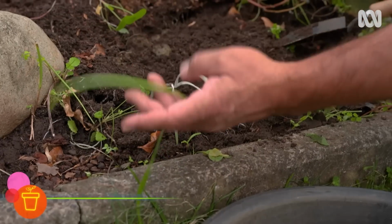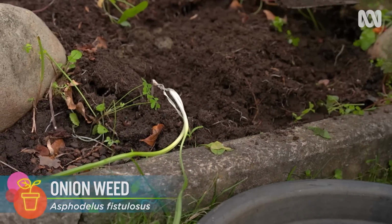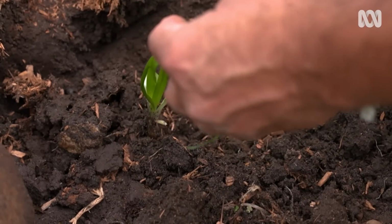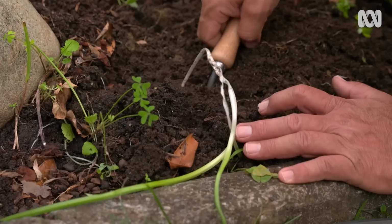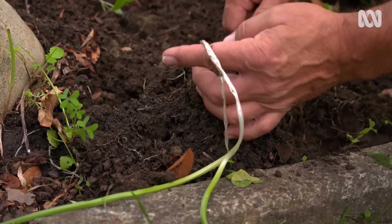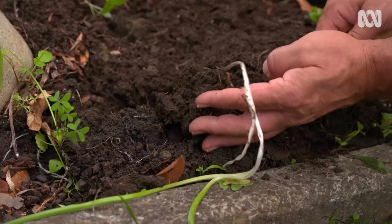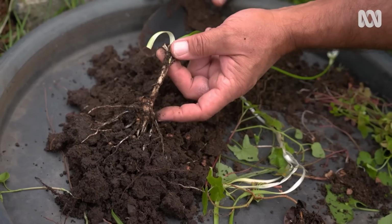Now, right next door to the turkey rhubarb in this bed is another really annoying weed, and it's onion weed. Now, you just crush it up, it does smell like onion, the form, the habit, all the same, and I really don't like it at all. One thing with the onion weed, if you pull this, you are in for trouble. So you really need to dig down and dig as deep as you can, get right down, because it has a bulb, and if we hopefully get enough of this out, you make sure you get all of the soil, and as it comes down, the bulb, or the main bulb at least, has satellite bulbs,